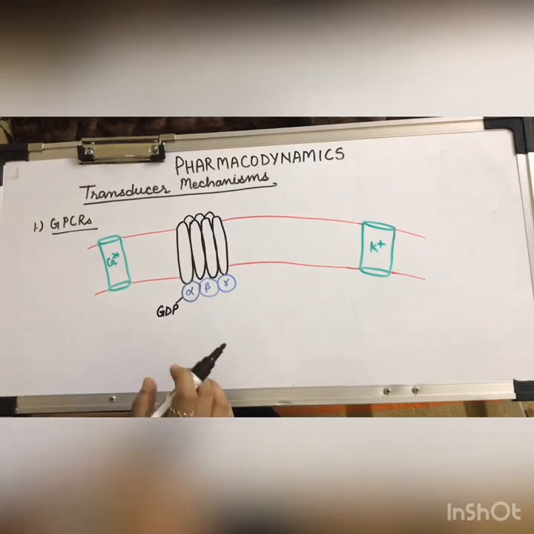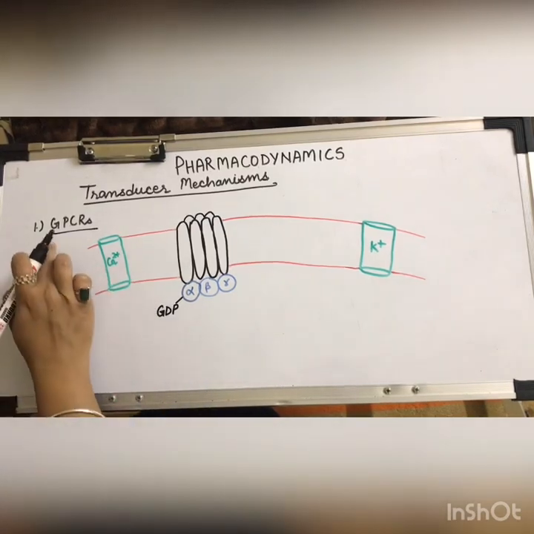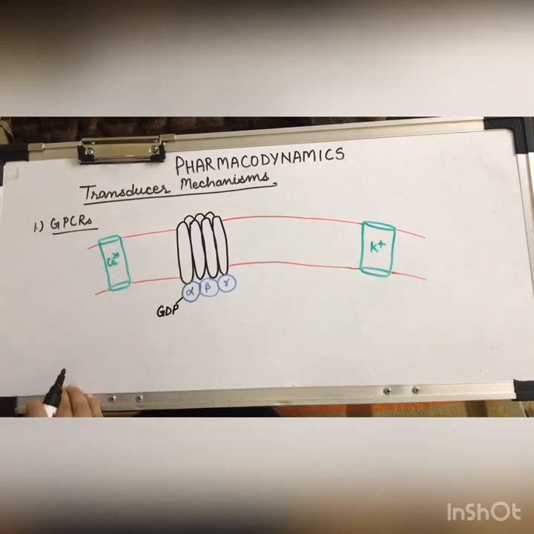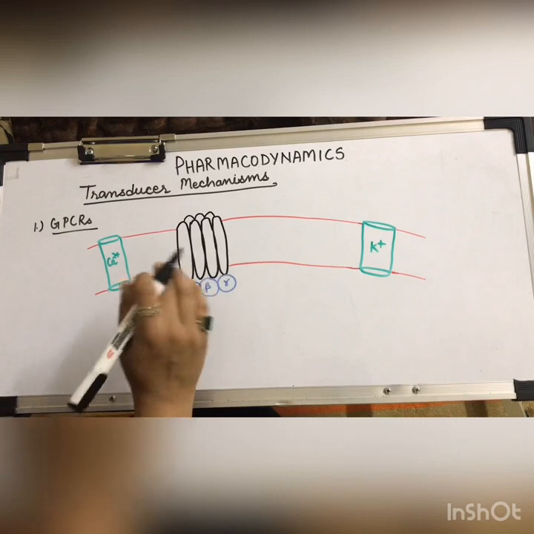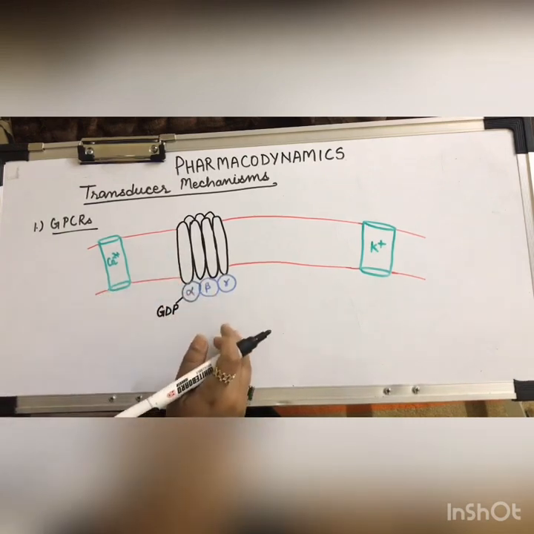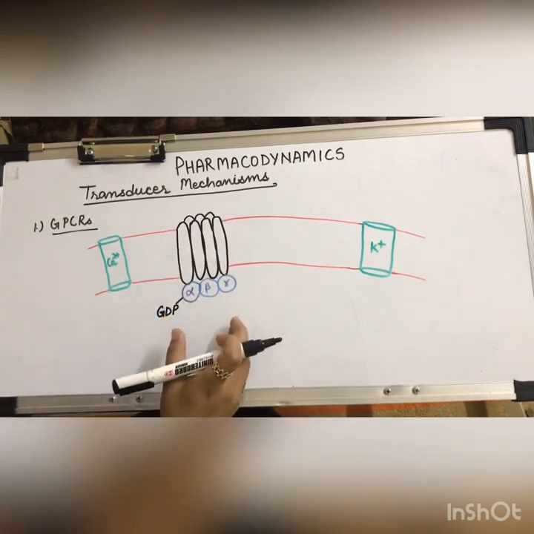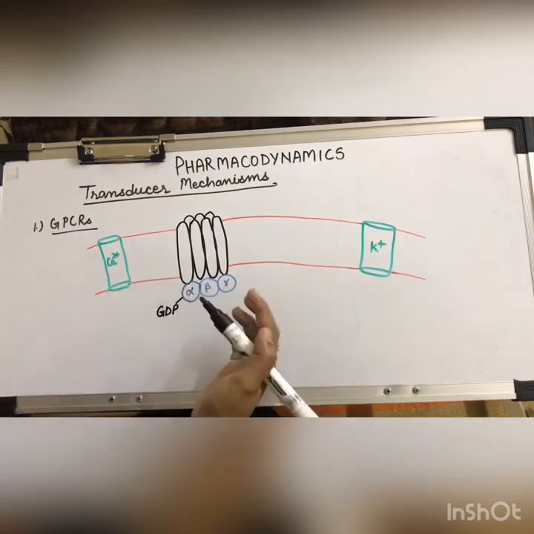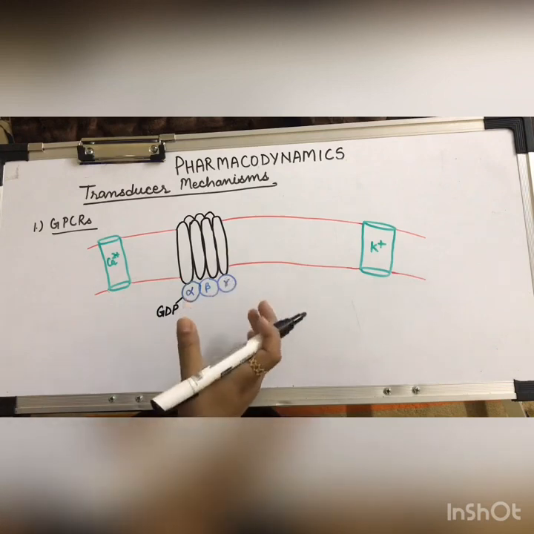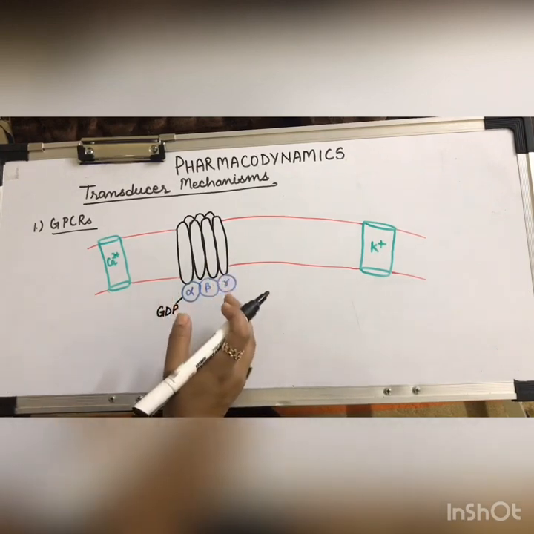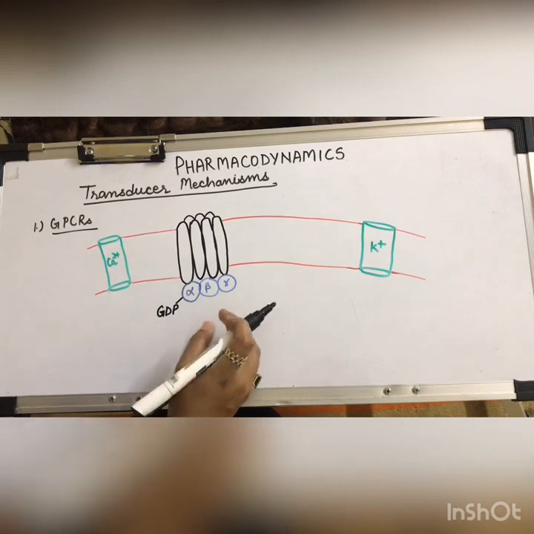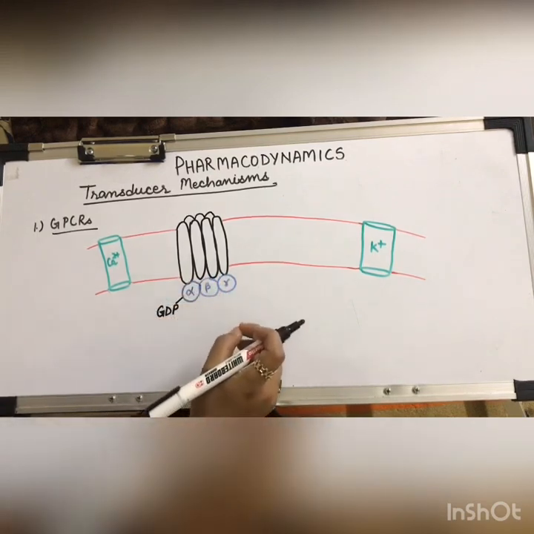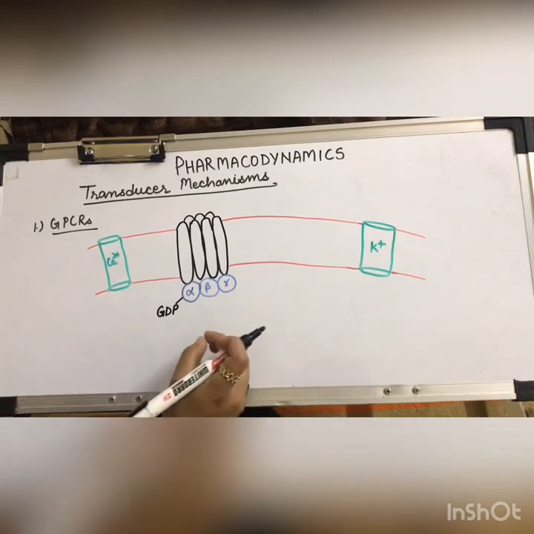Now the first transducer mechanism is G protein coupled receptors, also known as GPCRs. These are cell membrane receptors which are linked to the effector. Effector can be any ion channel, any carrier protein or enzymes. And these are known as G protein coupled receptors because they are coupled with GTP activated proteins, that is guanylyl